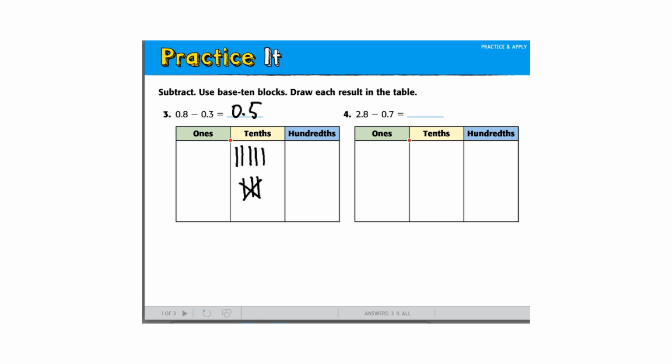Wait, why did he take the bottom one? I just took away 3. I just needed to take away 3. And the reason why I know I need to take away 3 is because of that number right there. So the first number